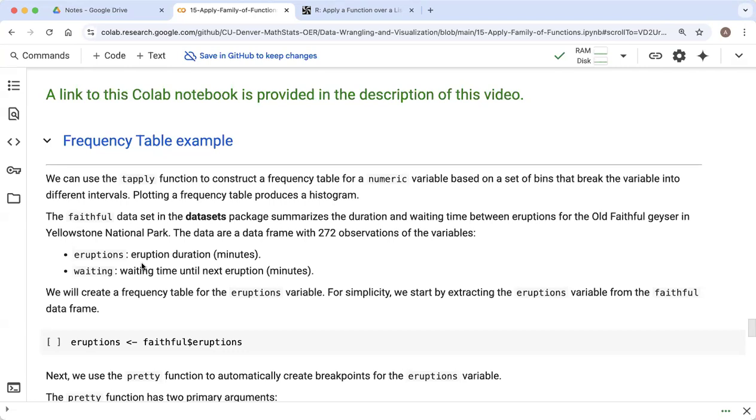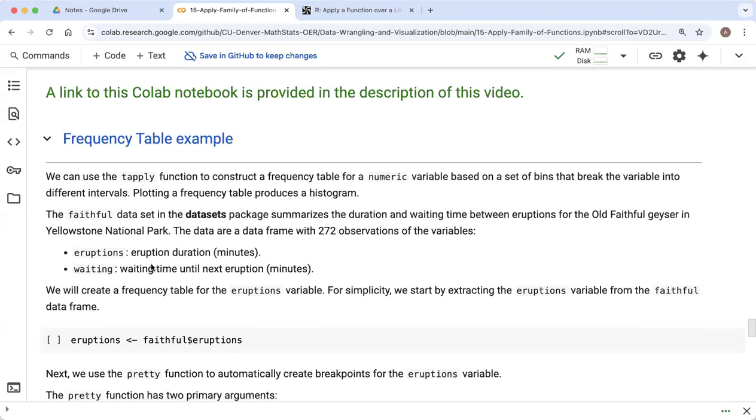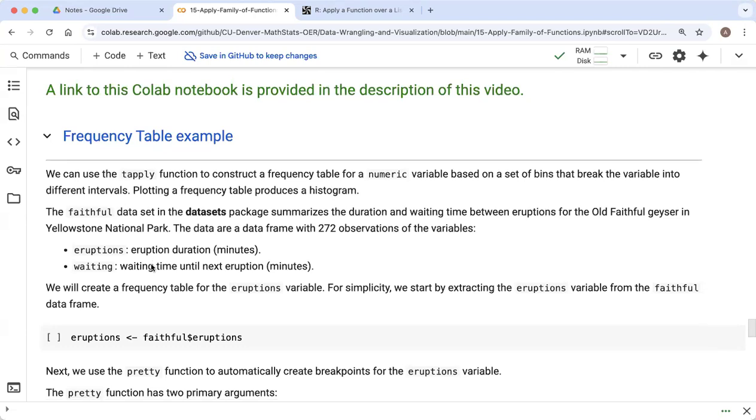So a geyser is just water, which is extremely hot, and then shoots up out from under the ground every so often. And Old Faithful is this classic geyser in Yellowstone. They call it Old Faithful because it is supposed to be very predictable in terms of how much time elapses